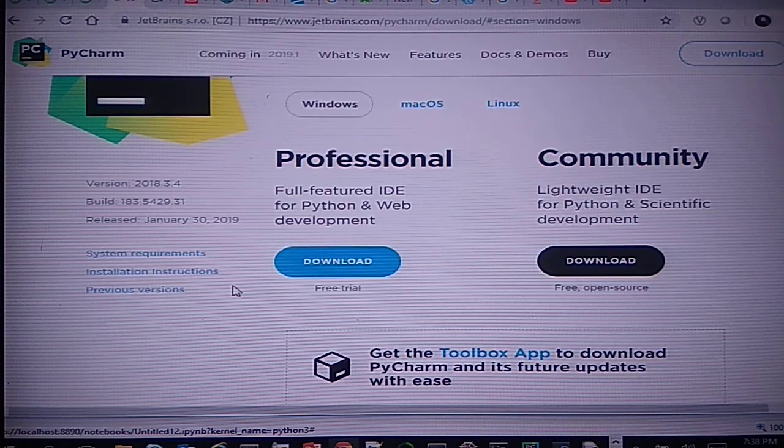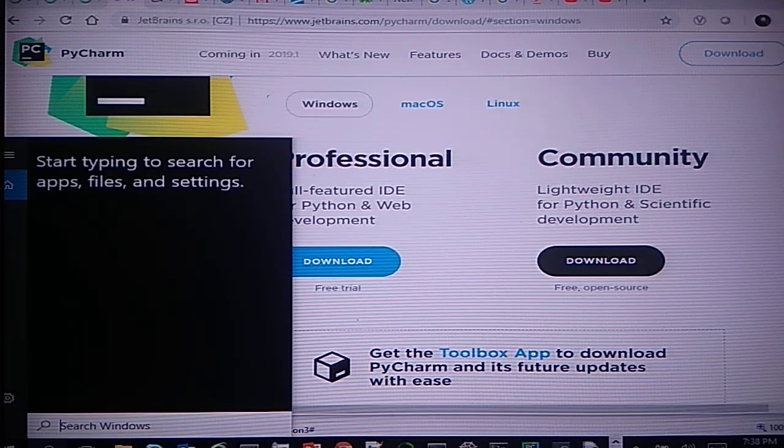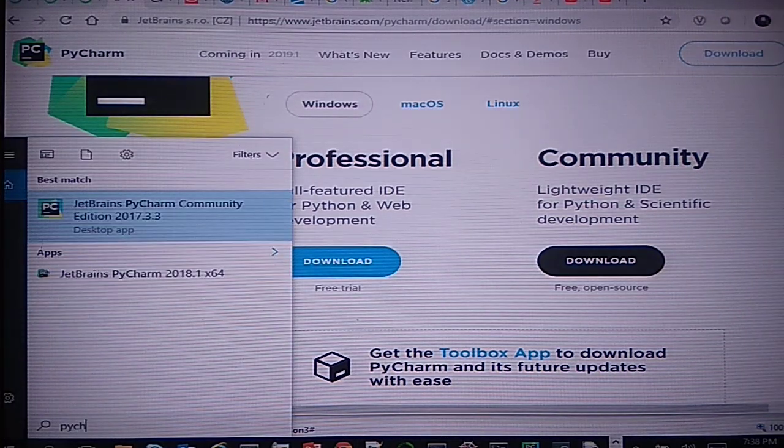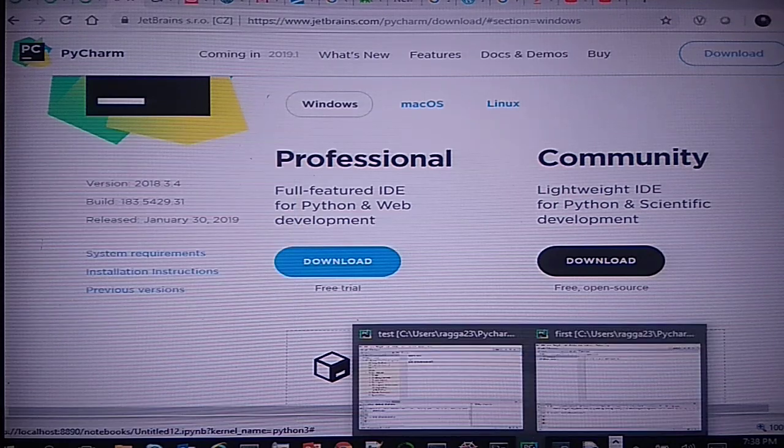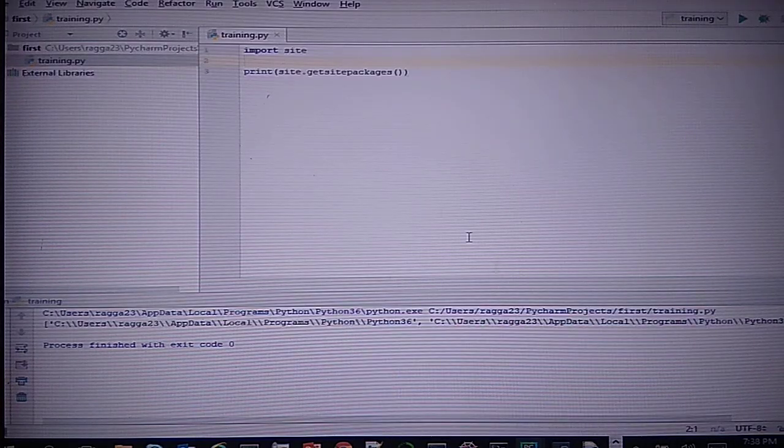To start working on PyCharm, you can simply search for PyCharm on the Windows search and click on it. So this is how PyCharm will look. Once you have PyCharm installed, it's pretty much like Eclipse, where on the left hand side I can see the folder structure, and on the right hand side I can write the code.